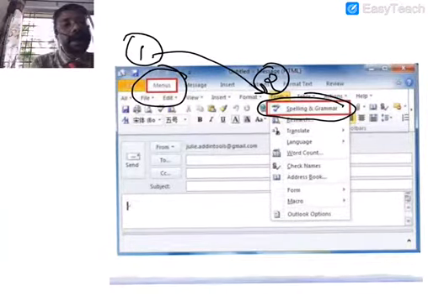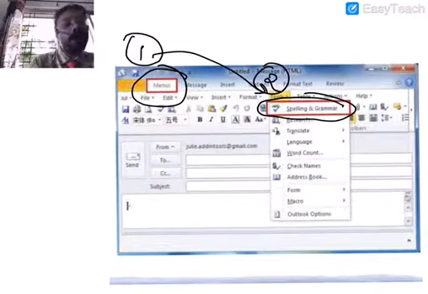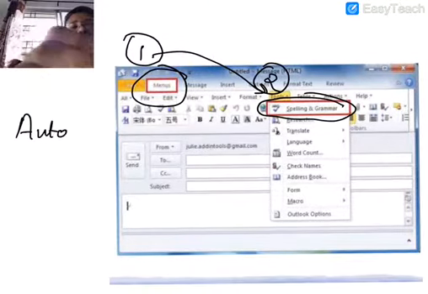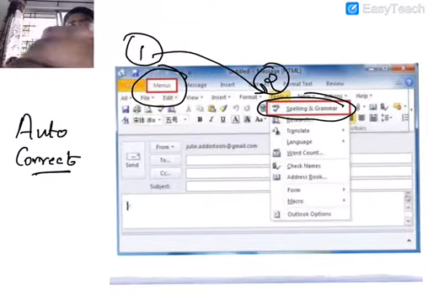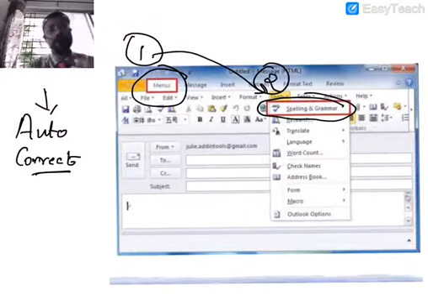So basically, if we have spelling and grammar on, the correction will be done automatically. And also, there is another feature by the help of which we can do the correction, which is called auto correct. Okay. So if you have auto correct enabled on, then also all the grammatical errors, spelling mistakes can be rectified. Alright.